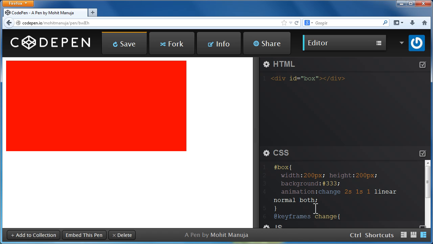So when it was none, it started off as a gray square and went back to that same state. When I kept it forwards, it started off as a gray square, but then finishes off as a red rectangle. When it was backwards, it started off as a yellow rectangle, finishes off as a